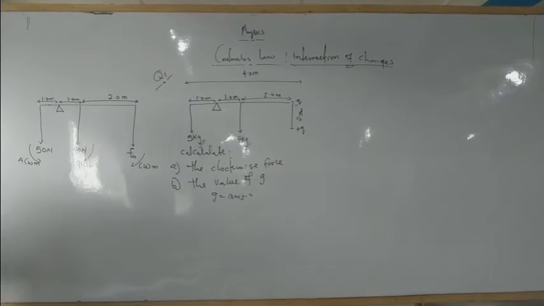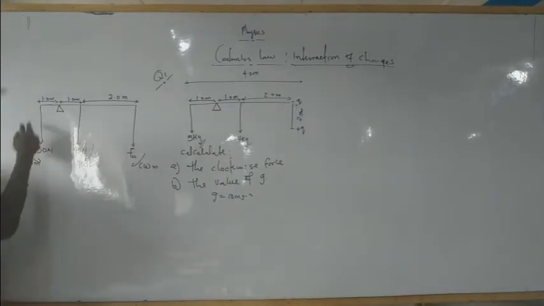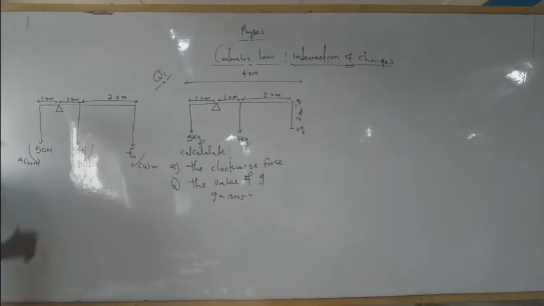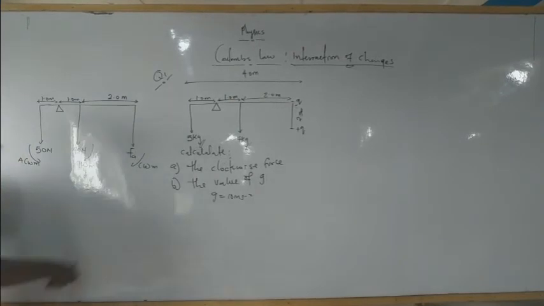Anti-clockwise moment. Because if you try to remove this weight or this force, this will tend to fall this way. So that is anti-clockwise. Removing this also will fall this way. That is clockwise. Likewise this also. So we can say the ACWM would be